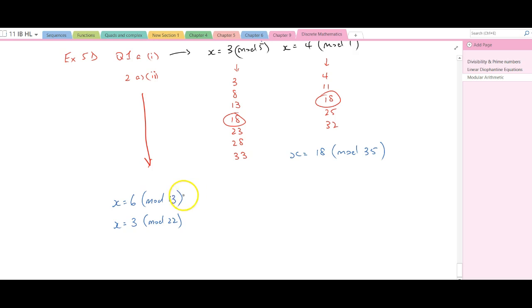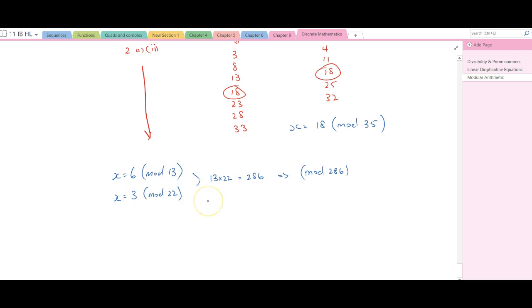It'll take too long. I know that 13 and 22 have a GCD of 1, they're coprime, so I know my resulting mod will be 13 times 22. So 13 times 22 is equal to 11 times 13, which is 143, double it is 286. So my mod is going to be 286. What I need to know is where